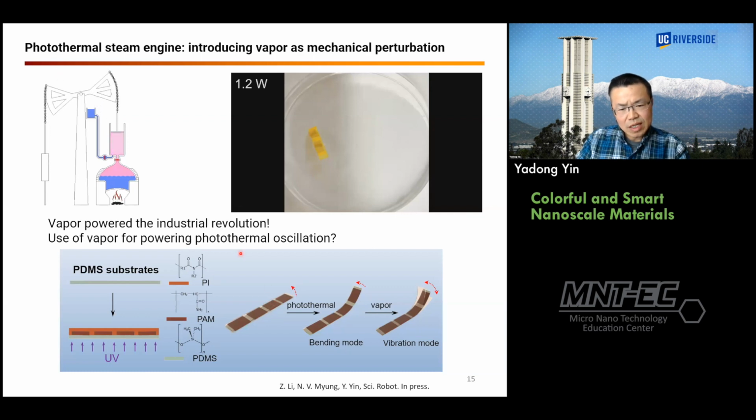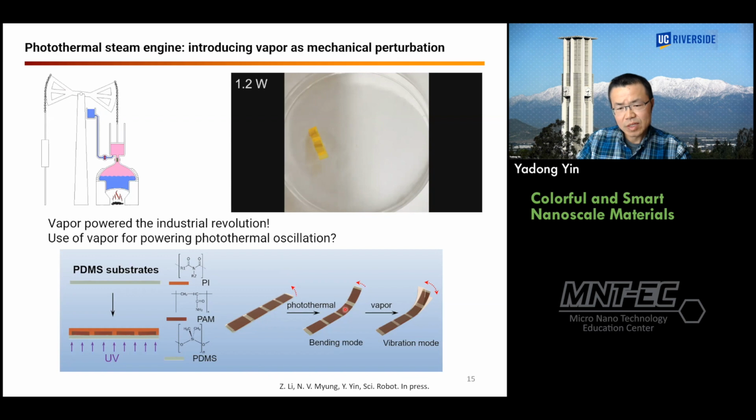So when the light illuminates this kind of thin film, the nanoparticles get really hot, and so they basically boil the water inside and generate vapors. When the vapor escapes from the thin film, it generates vibration. And it turns out that the vibration or oscillation is actually periodical, and it has a defined frequency depending on the property of the